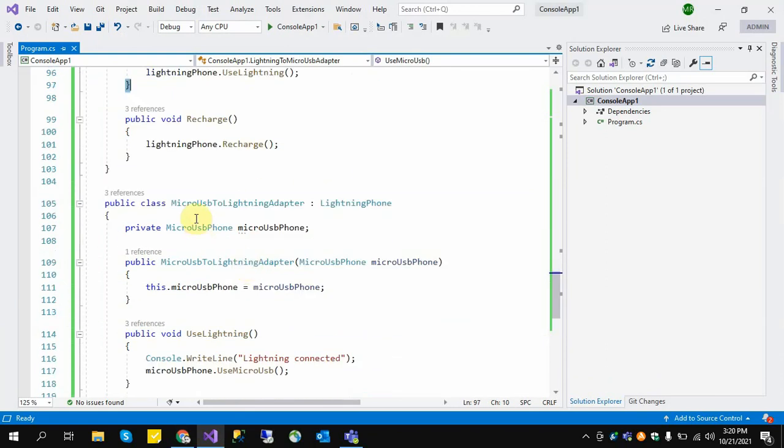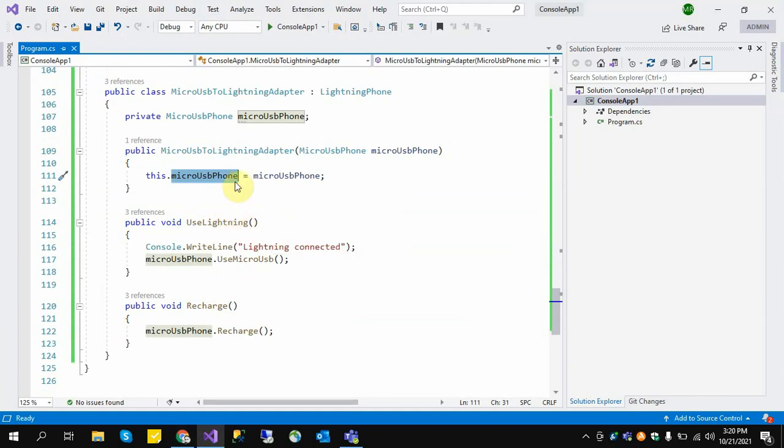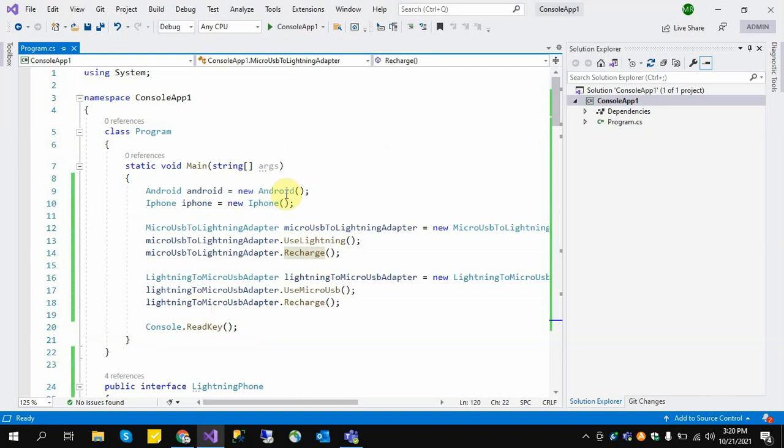Similarly, we have the micro USB to lightning adapter, and we will pass a micro USB Android. We will charge the Android using an iPhone charger. So this uses lightning, and micro USB dot use micro USB and recharge. And here is the implementation.